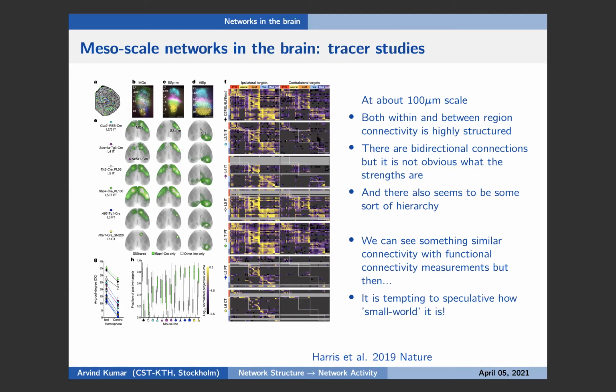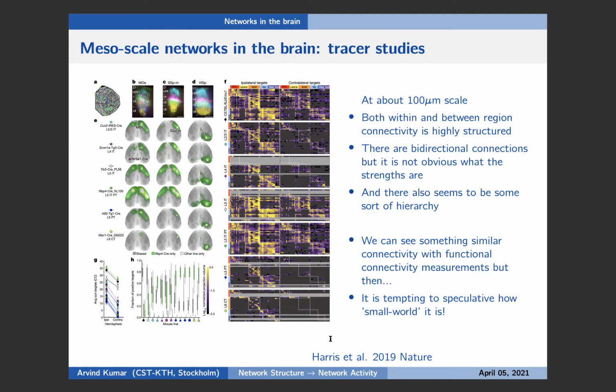Here is an example where they injected tracers in different parts of the brain and estimated how the tracer goes from one area to another. There's no reason we need to remember this connectivity. All I'm using it for is to highlight the fact that it's not random, it's highly structured. There are connections which are within one hemisphere, but there are connections that cross over. But even within one hemisphere, there's a large degree of structure that exists.